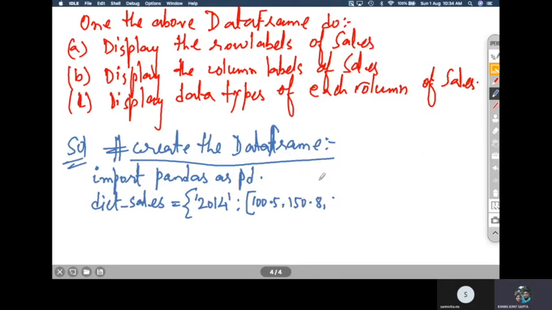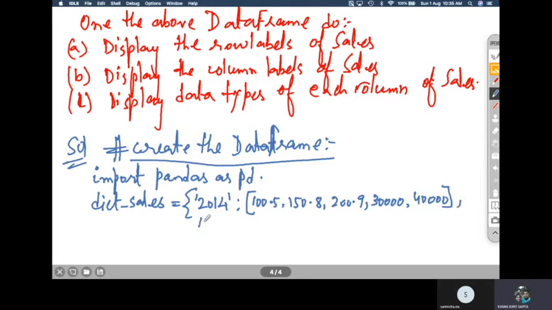We are just reading the values column wise, right? Then we have 200.9, then we have 30,000, and then we have 40,000. And this is for all the salespersons, we are writing the values for 2014. So these are the 5 values for 5 salespersons for 2014.